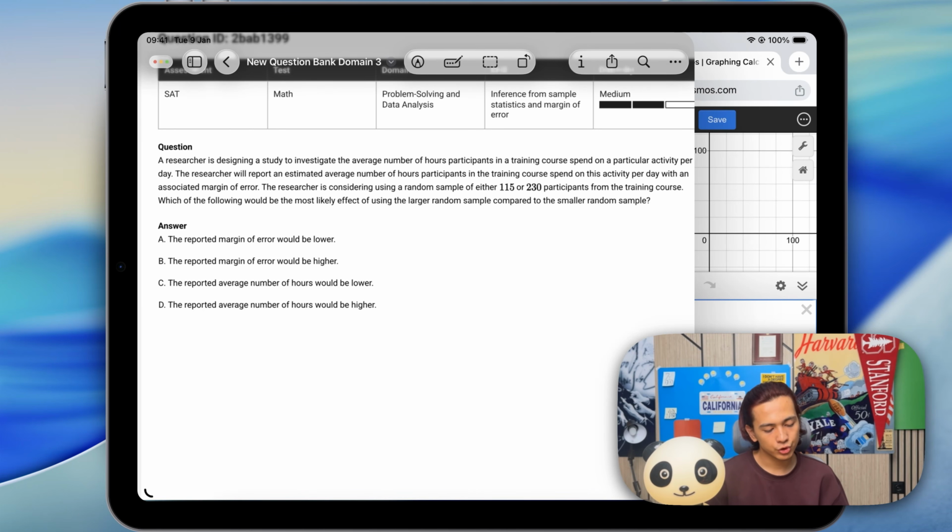Okay, the researcher will report an estimated average number of hours participants in a training course spend on this activity per day with an associated margin of error. Makes sense. The researcher is considering using a random sample of either 115 or 230, so double participants from the training course. Which of the following would be most likely the effect of using a larger random sample compared to a small random sample? So when you have a larger sample